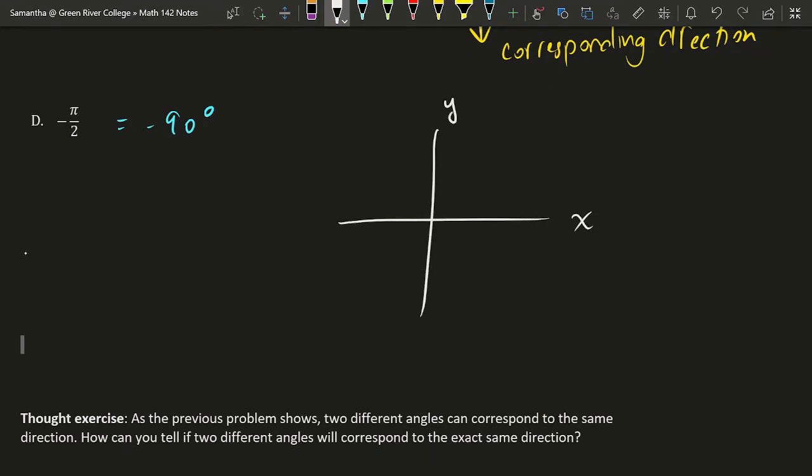Here I am with the xy plane, starting at the origin, pointing to the right. So this time I'm going to turn by 1/4 of a rotation, but not toward positive y. This time I'm going to turn toward negative y. So here's the corresponding angle, negative 90 degrees, and the direction in which it points is the same direction that we had in part C of this exercise, the direction which points straight down.